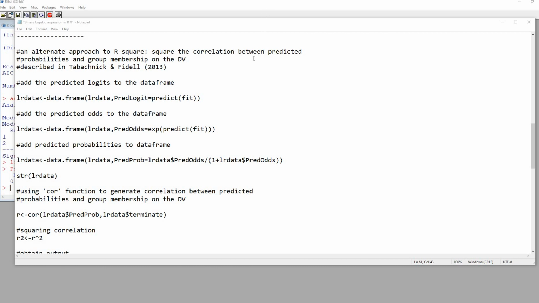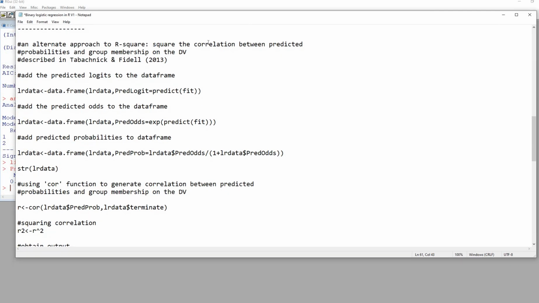Now what I've done is actually opened up the text file that I had mentioned earlier, because I'm going to walk you through different pieces of this here. So first off, you'll notice right here that I'm taking the LR data, the name of my data frame, and I'm going to modify it. So I'm basically using the data.frame function right here. You'll see I've typed in the name of the original data frame name, then a comma, and then this is the name of the